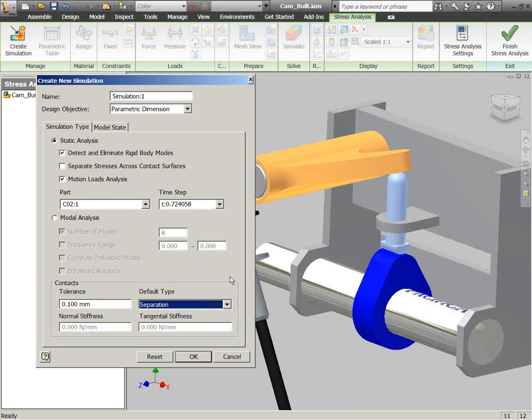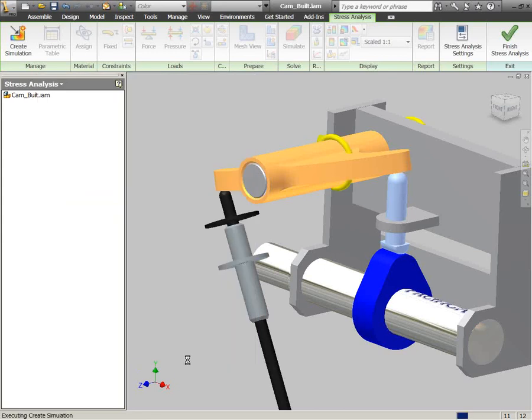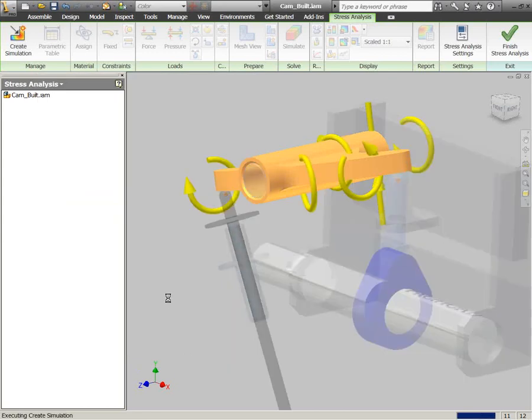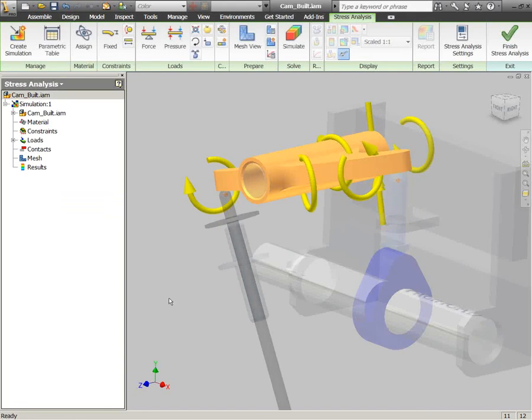simulation environment, and we're going to set the contact between the various parts of the assembly to use separation, which means at the moment any two parts that are within 1/10 of a millimeter of each other, or any surfaces that pass within that tolerance, are going to be established to have a separation type connection between their two meshes, and that's going to allow the math that runs behind this simulation to accurately represent the real-world interaction of the parts in my assembly. So the next thing I'm going to do here after I've established my loads and constraints, essentially by pulling those in